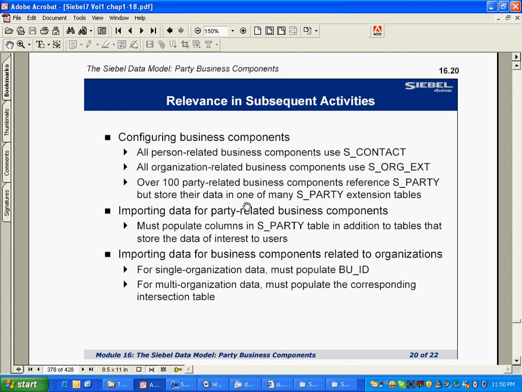Getting a clear picture is a little difficult at this point, but I want to make sure you understand what S_party is. You should not think, what is S_party, never heard of this word. Now you have heard of this word. You know what an access group is. You know what a user list is, right? You have heard about this at least. If it comes in front of you, note it down. Don't ask any other person. Ask me. Call me.